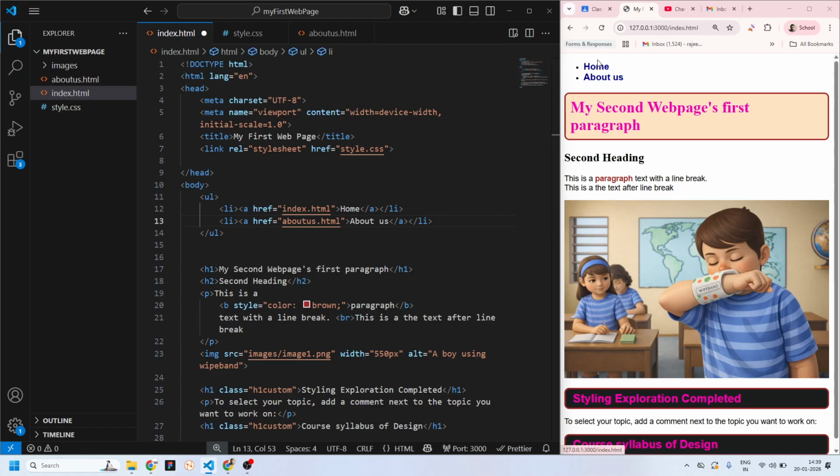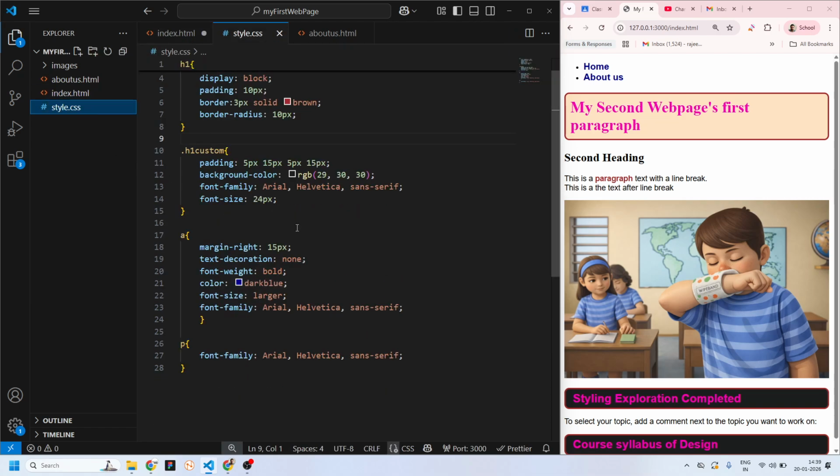so now we'll have to style it, and this time we are not styling the anchor tag separately, which we had done earlier, but rather we are pointing to the unordered list and list items. So here what we can do, instead of